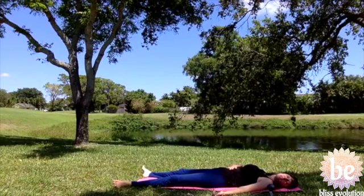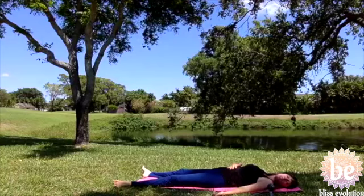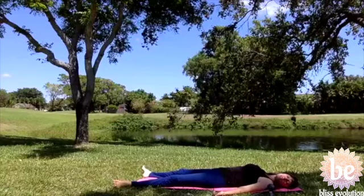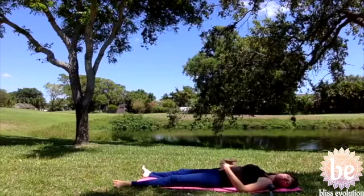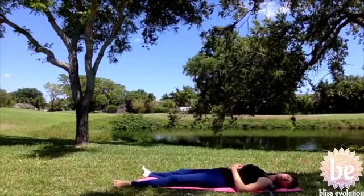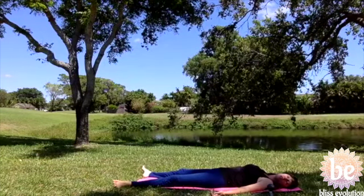My belly falls back down, and I've released all the air from my lungs. So I want you, as you're practicing with breathing right now, to take a few deep breaths like this, completely inhaling and exhaling. Try to allow the stomach to relax and expand with each inhale, and allow the stomach to fall back down closer to the ground as you exhale. And as you inhale and exhale and breathe in and out, and notice the stomach expanding and then relaxing,